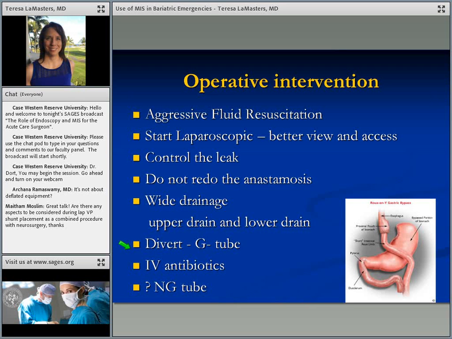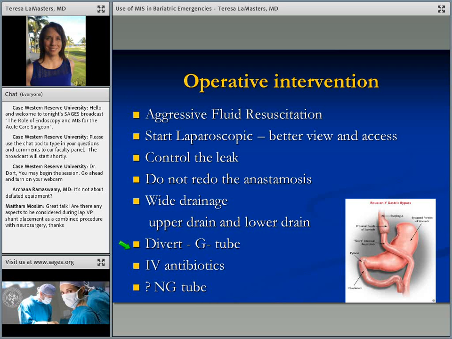If you take a patient to the OR suspecting a leak, I strongly suggest you start laparoscopically. In morbidly obese patients, this really is the technique of choice. You're going to have a much better view of the area of the hiatus and much better access to this area laparoscopically. When you do a big open incision and have a very large liver to deal with in a very dark hole, it can be very difficult to actually access the area of the leak